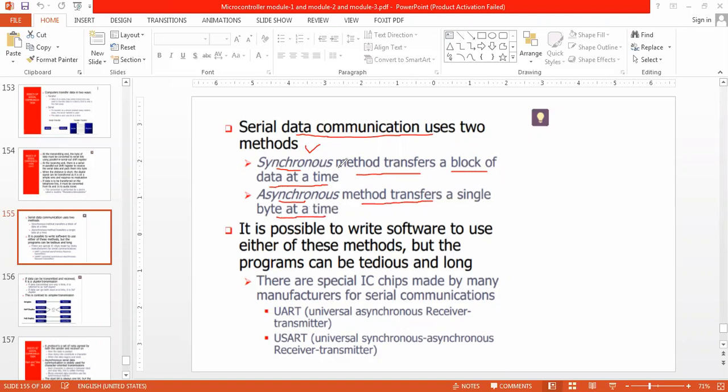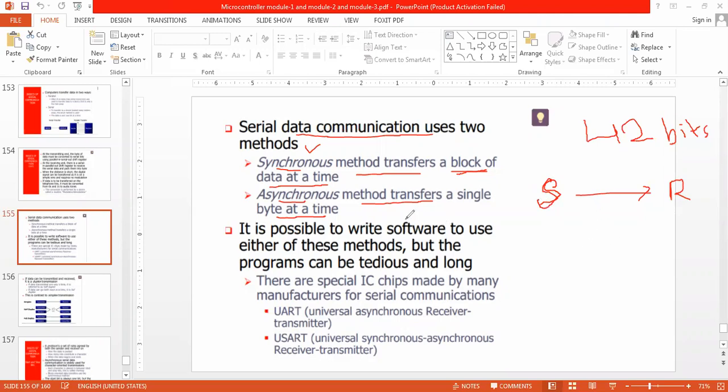Block of data means, say, if I have 42 bits to be sent from the sender to the receiver.